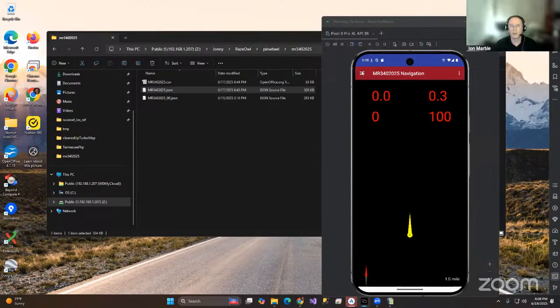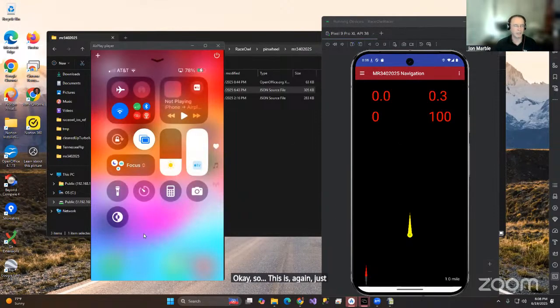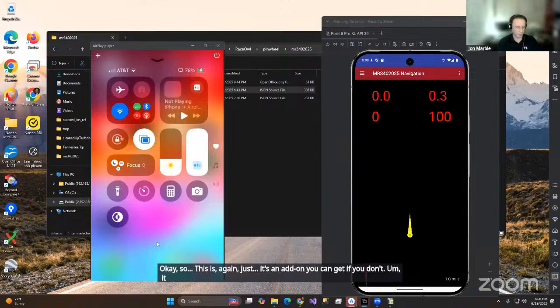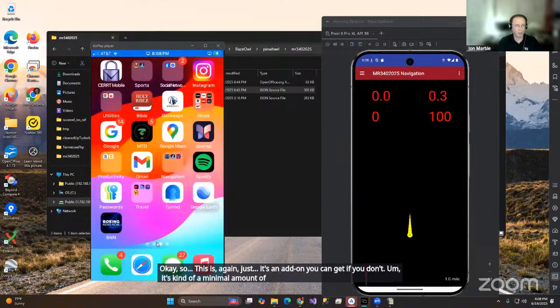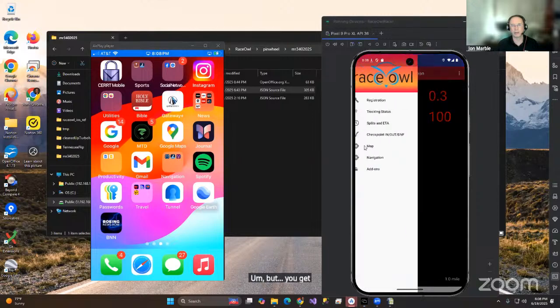This is just an add-on you can get. It's a minimal amount of money, but it just helps keep the servers going. You get it through the add-ons